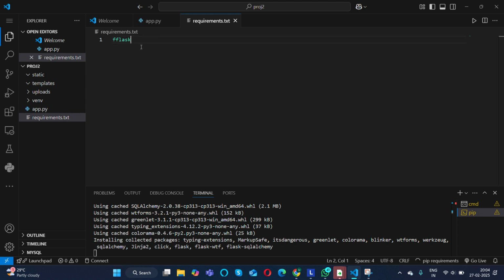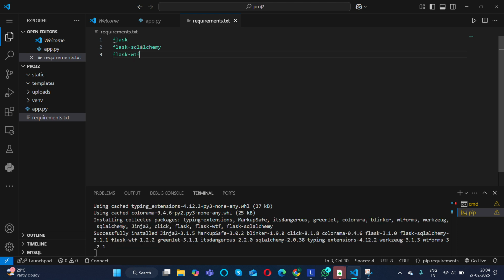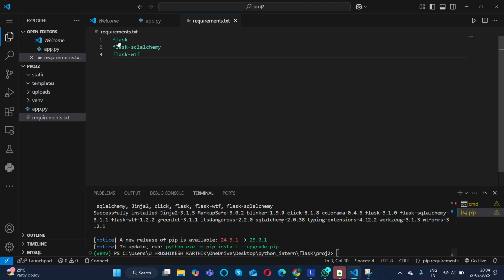I need Flask, I need Flask, SQL Alchemy, I need Flask WTF. And what if I want to install all of this at once? So I need to run this command: pip install